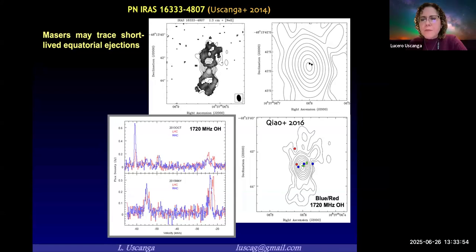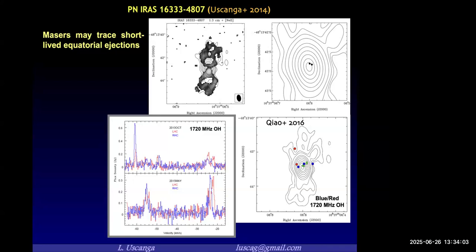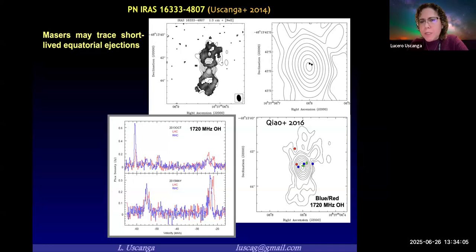Well, in the case of AGB stars, I think the most common transition is at 1612 megahertz. They can also be present in the others, but this one is the most common. And this transition at 1720 was not precisely expected in planetary nebulae, but